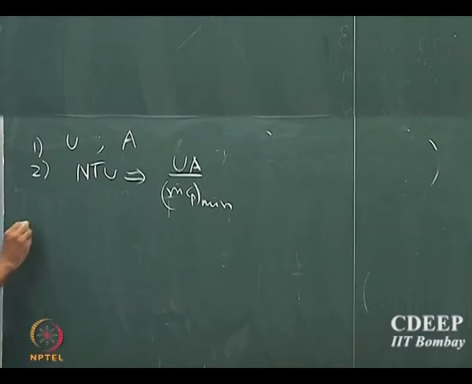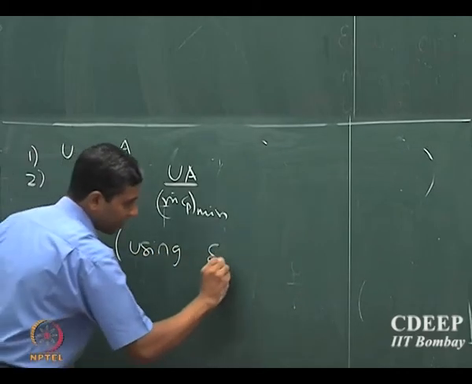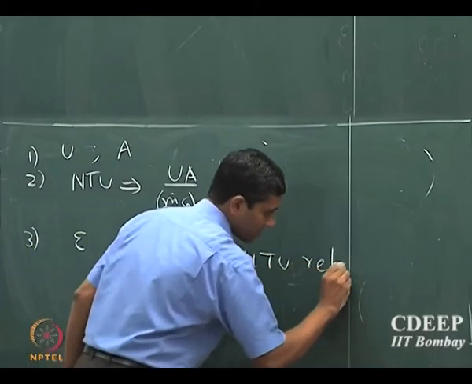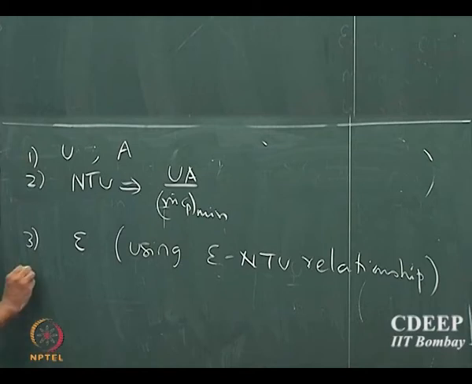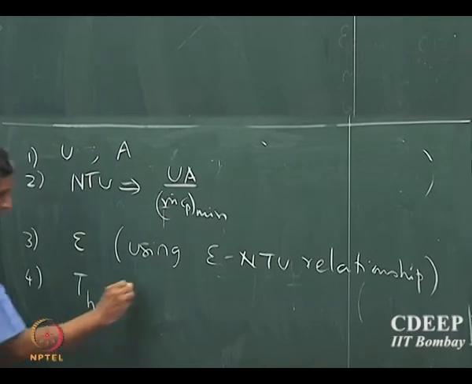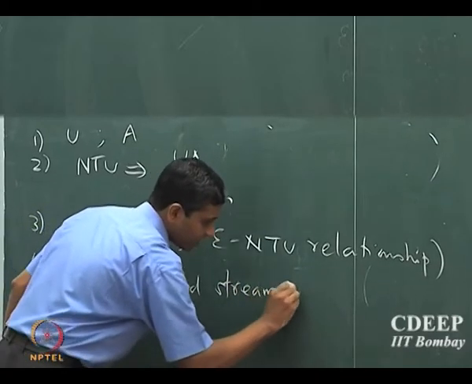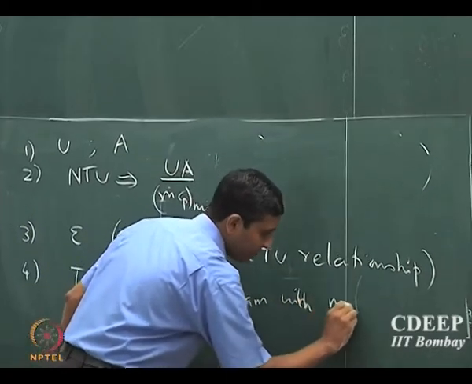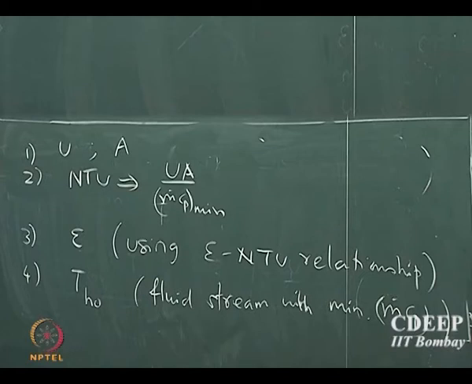Okay. Then from here I can estimate epsilon. So using the Epsilon-NTU relationship, from epsilon I can find out the outlet temperature of the fluid stream with minimum m dot Cp. Okay, I can find out the outlet temperature of the fluid stream with minimum m dot Cp, and then